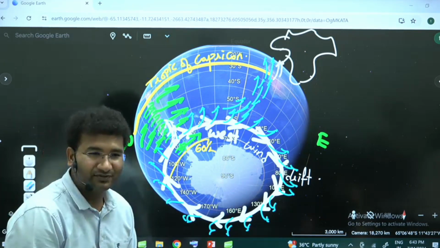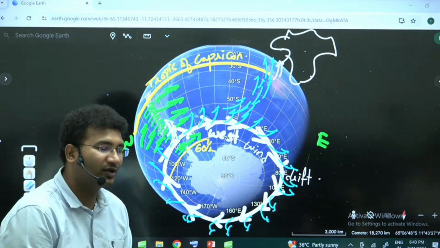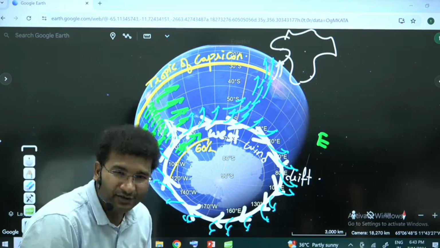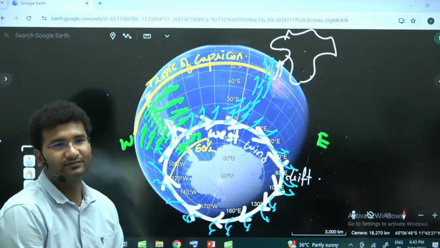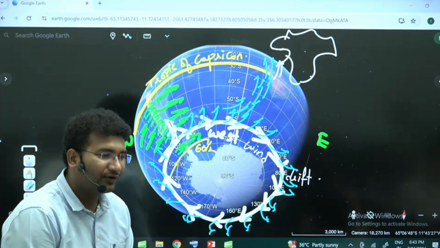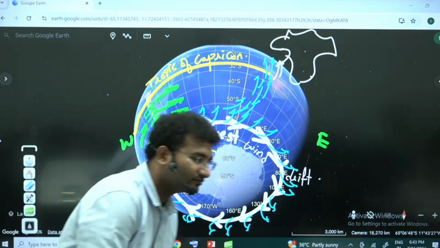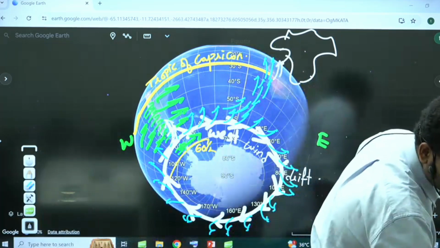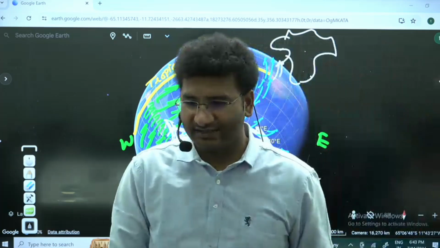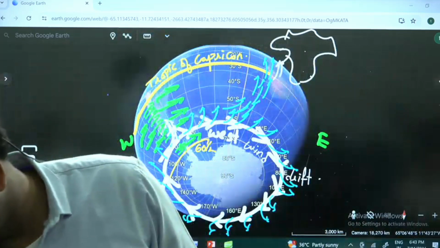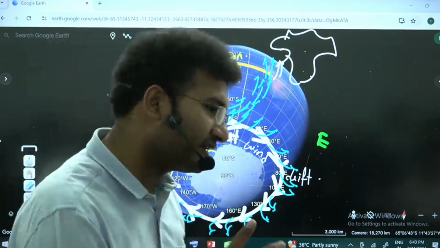You have two maps in your atlas. One map is the winter map or June, July, and other map is of January. Can you see a variation in the currents of January and June of Australia? Is it there in every atlas? I think in this atlas it is not there. कुछ atlas में नहीं है, but ठीक है. Let me explain here.